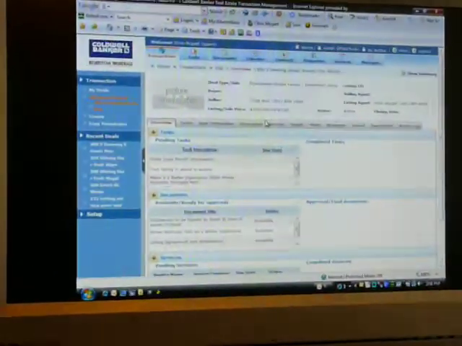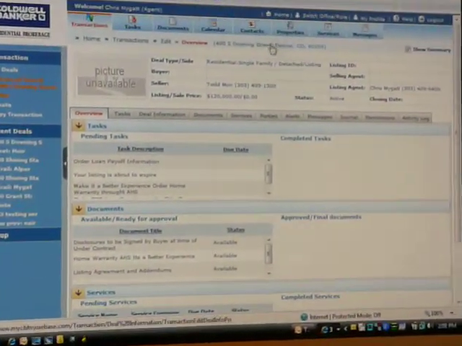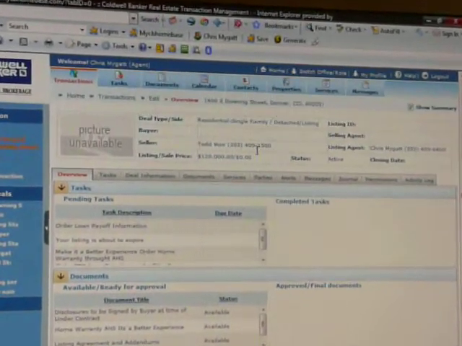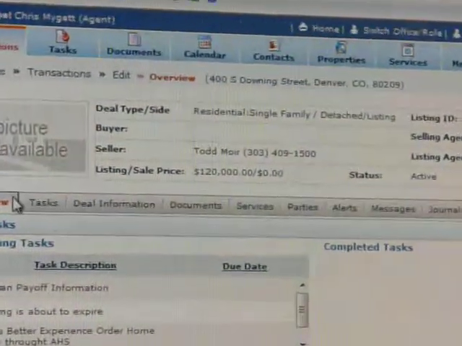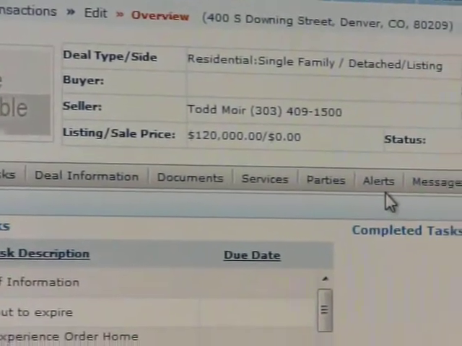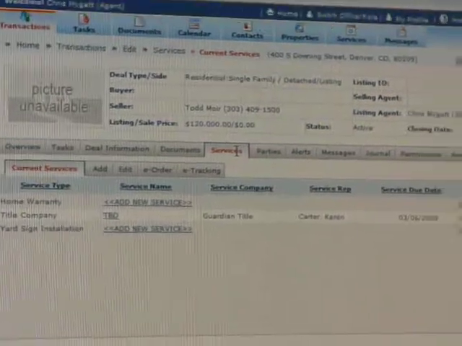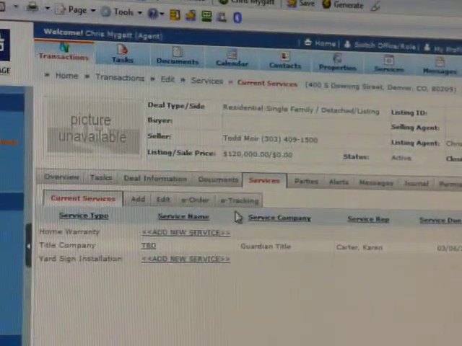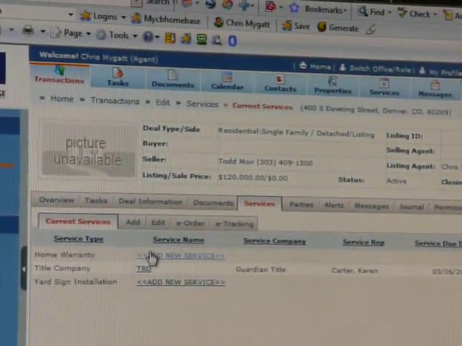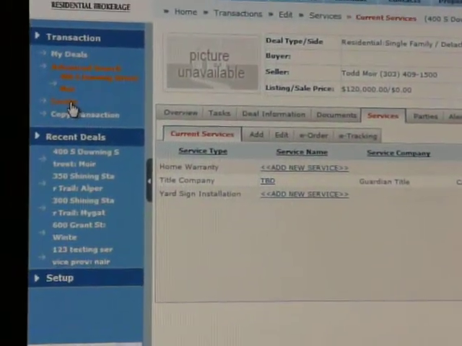We're in HomeBase right now. We're in a transaction, that's evidenced by the actual address shown here on the screen, 400 South Downing, and the seller information, and then all the taskbars that relate specifically to this transaction. I go to Services. Now remember, this is a service provider that only I use, or maybe only people in the office use. It's not one of our preloaded service providers. So let's go into Setup,